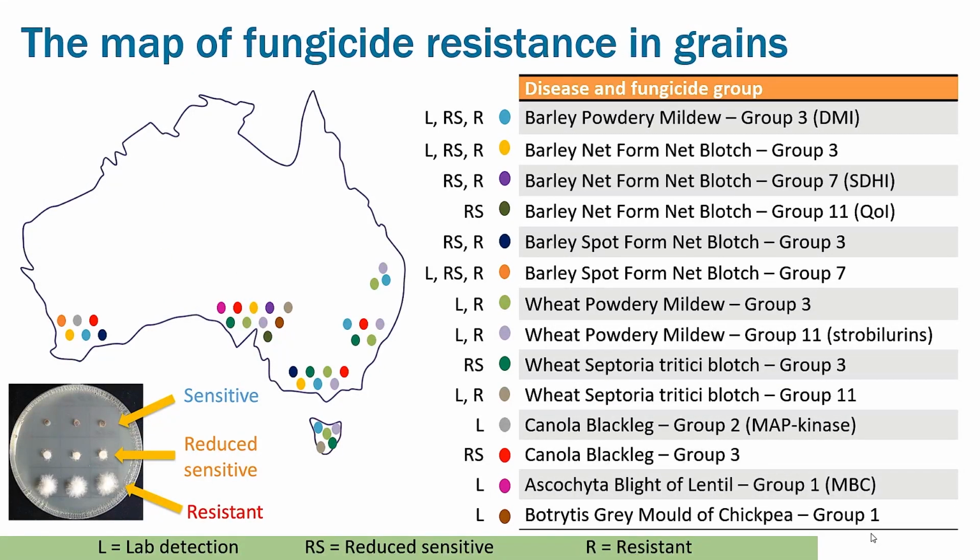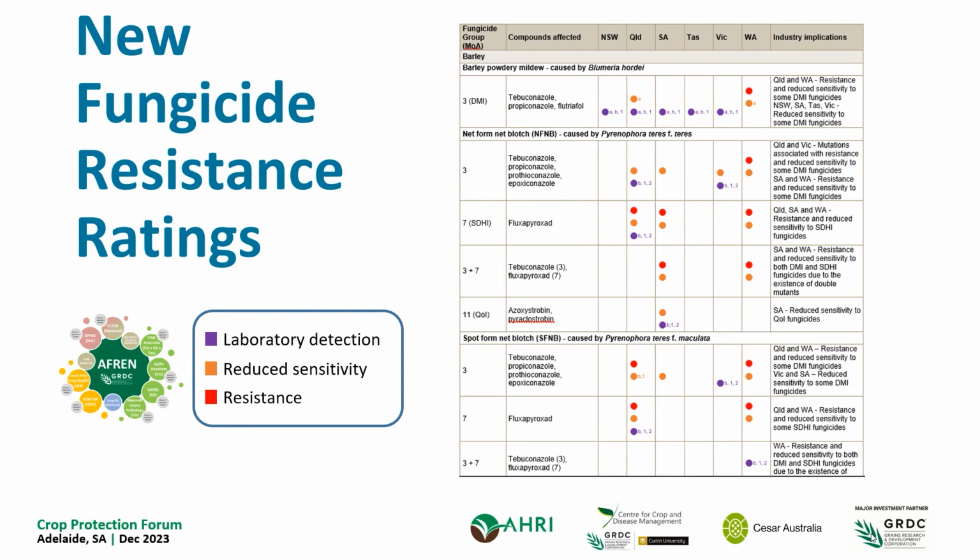And recently, somebody in the panel said earlier, I think that was Jana, we've got this QoI resistance in South Australia that was reported by BASF last year. Okay, so we are in the process of updating the ratings for fungicide resistance. We've got a management guide, as part of the AHRI investment of the Australian Fungicide Resistance Extension Network, and we are giving ratings for the different fungicides and the different diseases. This is very simple. So we've got, again, lab detection, reduced sensitivity and resistance as purple, orange, and red